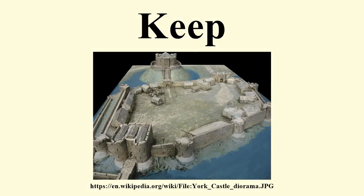A keep is a type of fortified tower built within castles during the Middle Ages by European nobility. Scholars have debated the scope of the word keep, but usually consider it to refer to large towers in castles that were fortified residences, used as a refuge of last resort should the rest of the castle fall to an